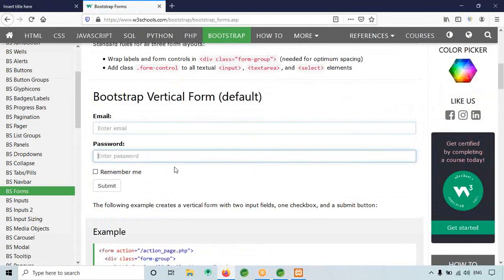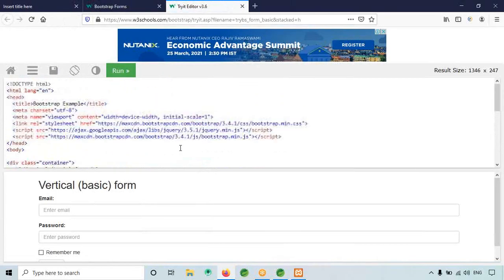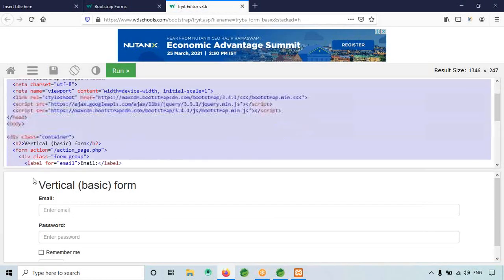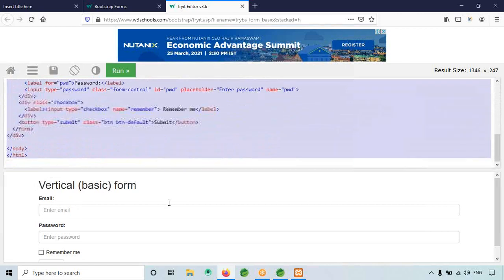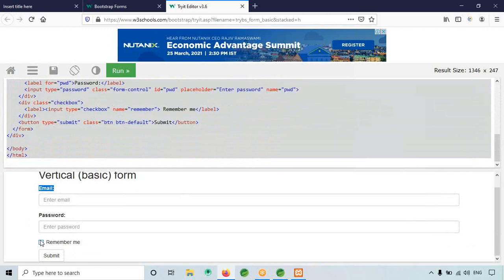I think user email is there, password is there. I will take the same example. Now I will write the validations for email and username, not email and password. Why I'm not choosing password is that I just want to give the validation for the forms.